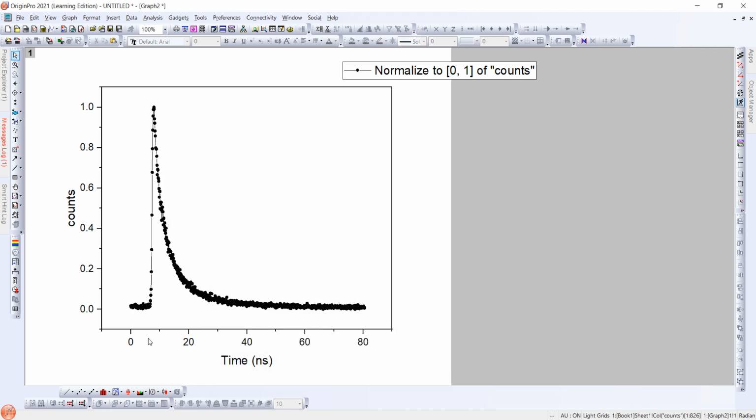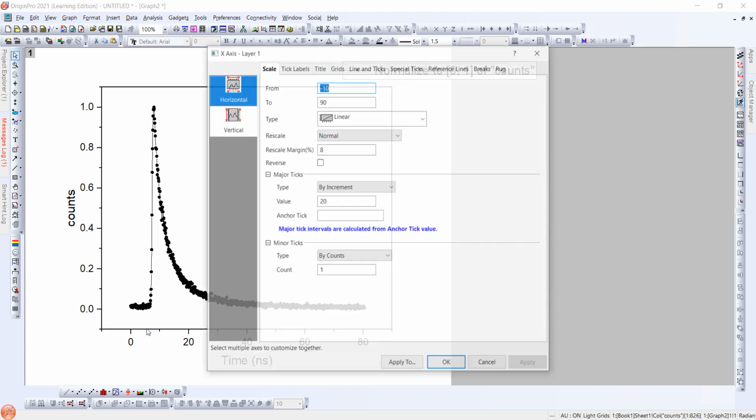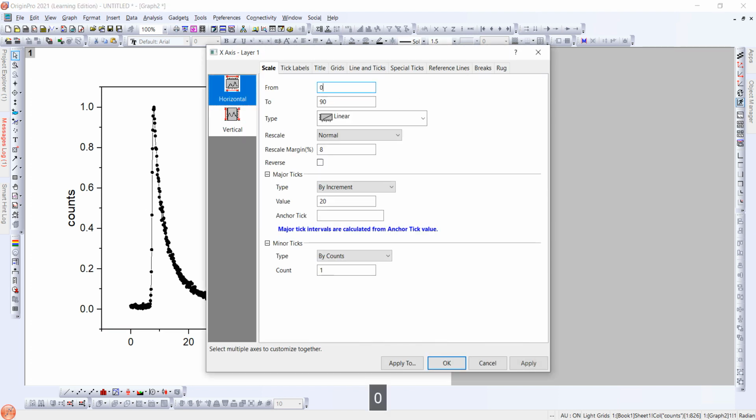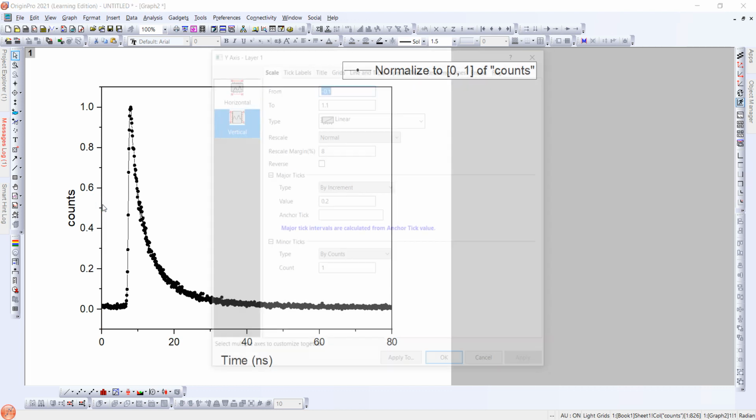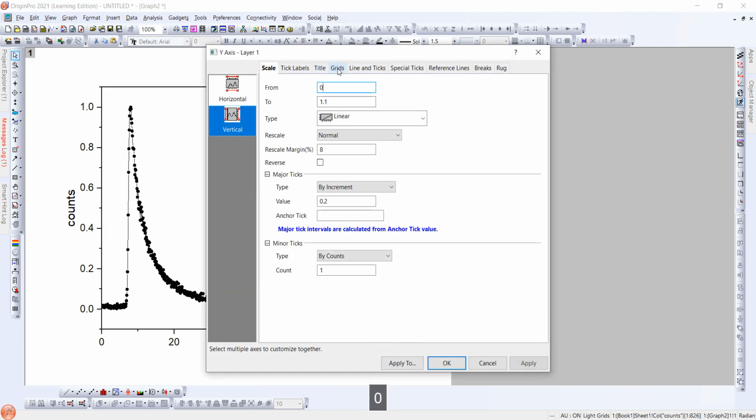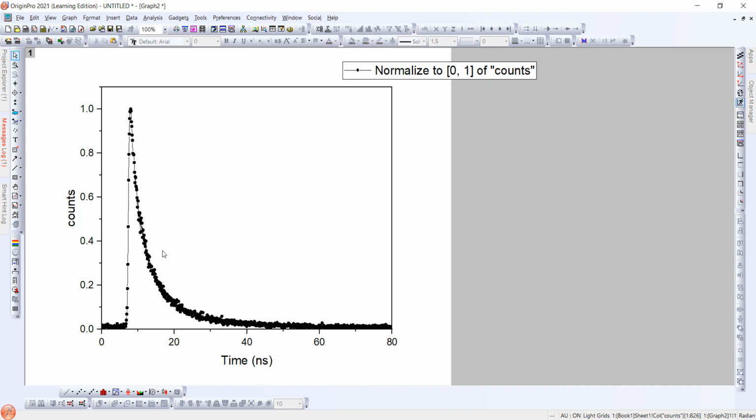Okay. Now on clicking the x-axis, I can change the range of axis. So here I will change 0 to 80. Similarly on clicking y-axis, I can change the range 0 to 1.1.